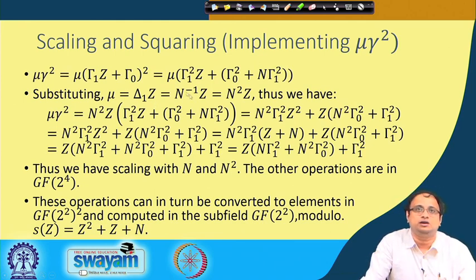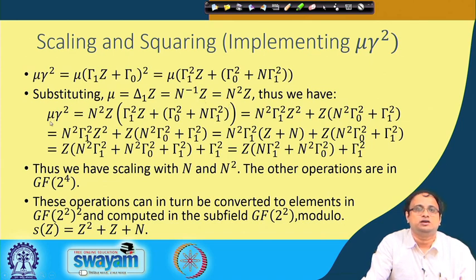So, it is some delta 1 z, and this delta 1 is say n to the power of minus 1, as we have taken as a choice. Okay. So, n to the power of minus 1 is again equal to n square, because n to the power of 3 is 1. You can easily understand this, because n is an element in GF 2 power of 2. If you do that, then there are 4 elements, and therefore you can verify from Fermat's little theorem that you will get n to the power of 3 as 1. So, therefore, you can actually write n to the power of minus 1 z as n squared z.